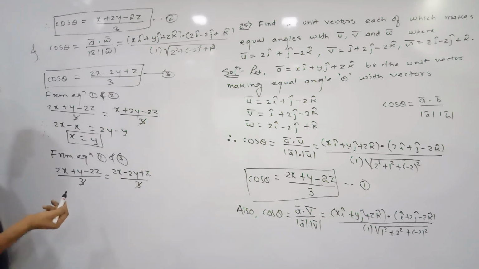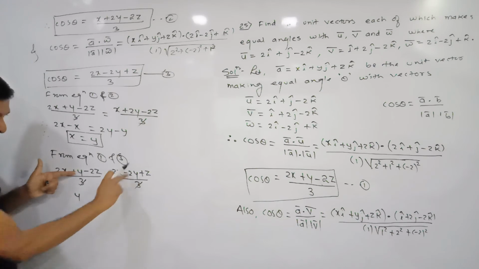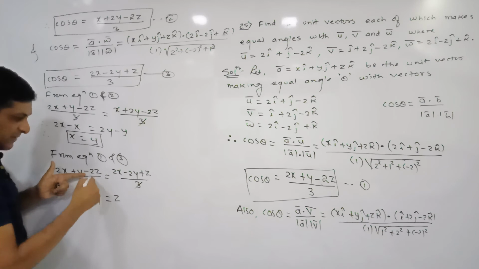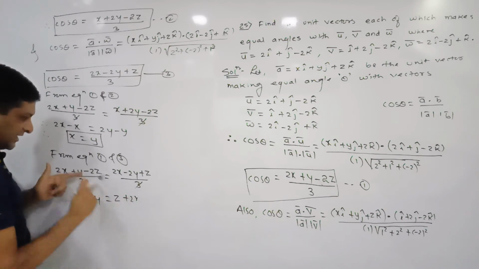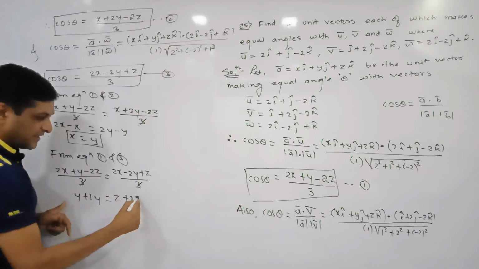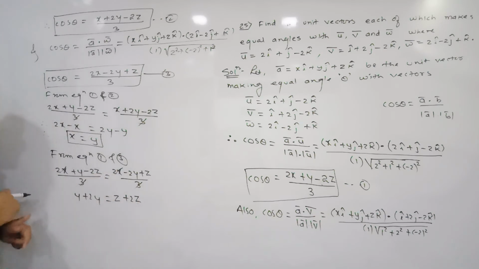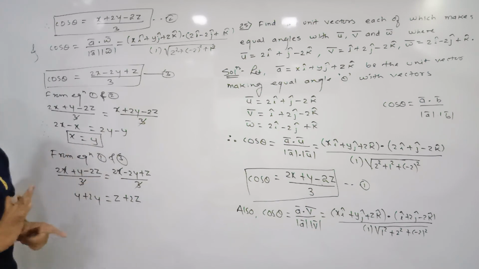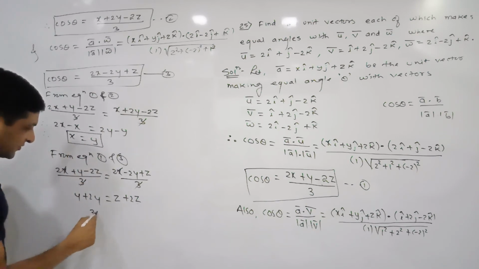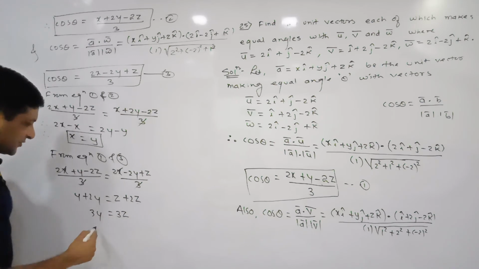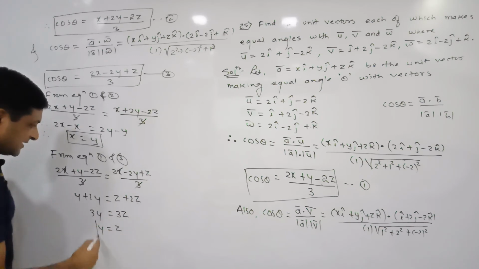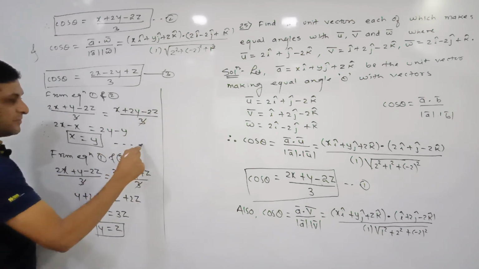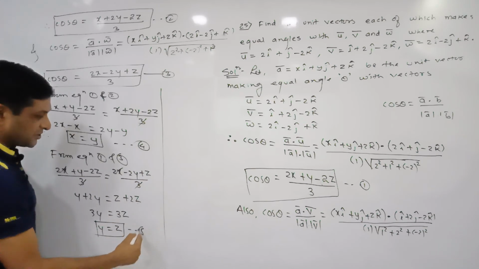Again, now on one side we are collecting the terms of y, keep it as it is, minus 2y on this side will become plus 2y, and on this side z keep it as it is, minus 2z on this side will become plus 2z, and 2x and 2x will also cancel, because plus 2x on this side will become minus 2x, plus 2x and minus 2x will get cancel. So here we will get 3y is equal to 3z. So this implies that y is equal to z. Let us denote it by equation 4 and this by equation number 5.